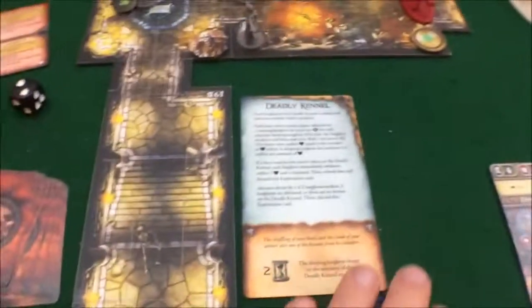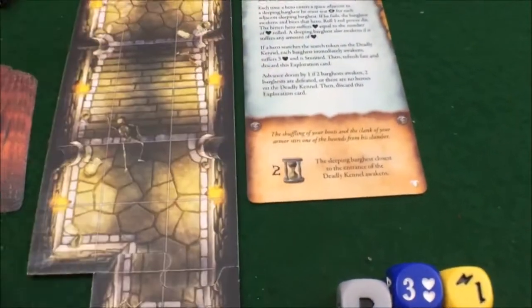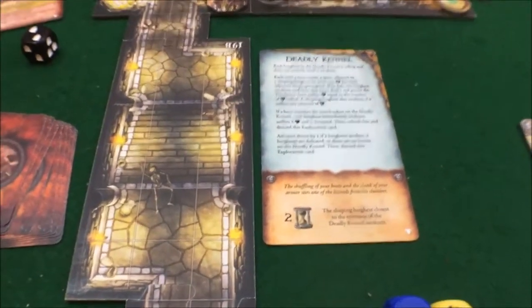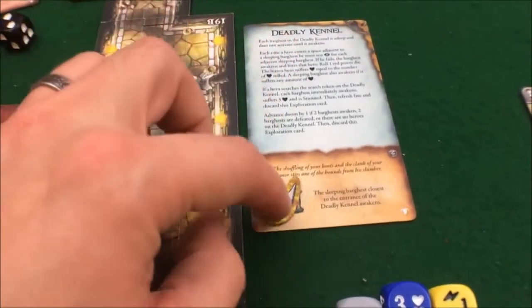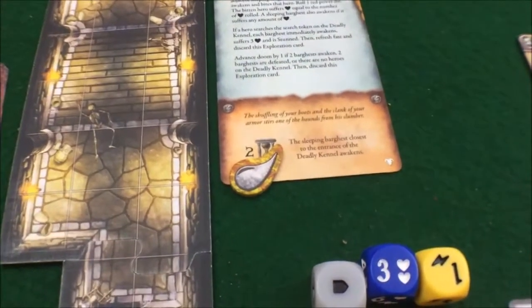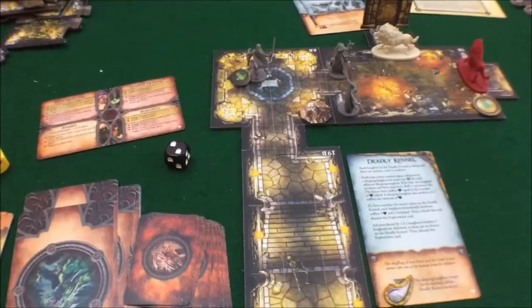Oh, we do need to resolve this. I'm sorry. We do need to go to the Overlord phase. Remember, when we have a timer on here, we just have to add an exhaustion token on there to keep track of that. So once we actually do reach 2, then we'll actually resolve that effect there. Alright, so now that we've gone back into a new hero turn,